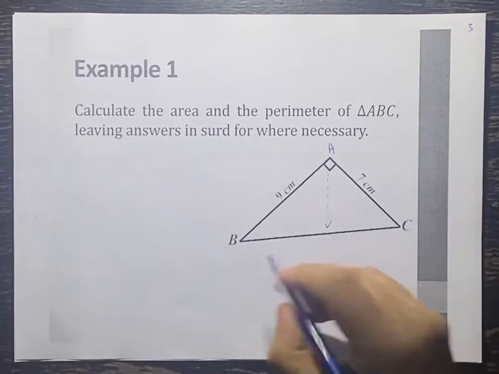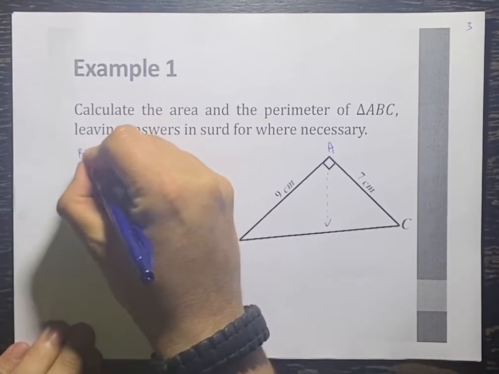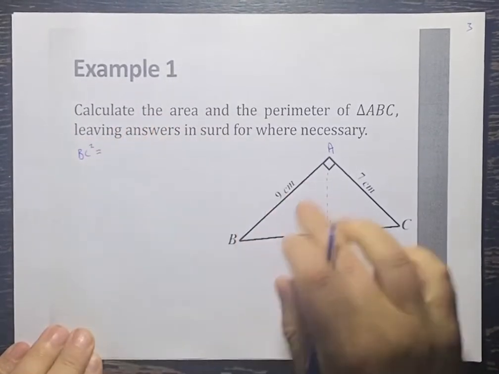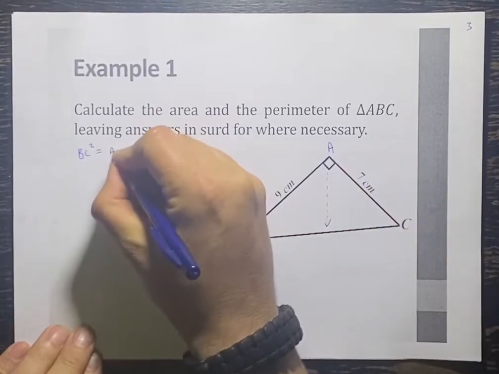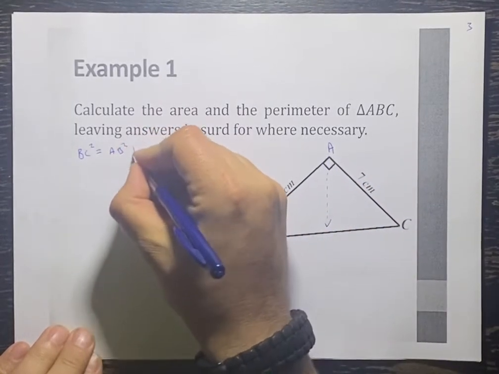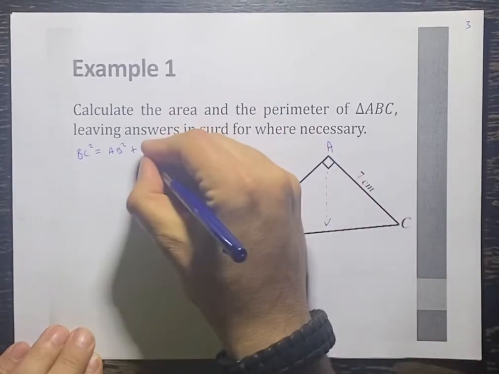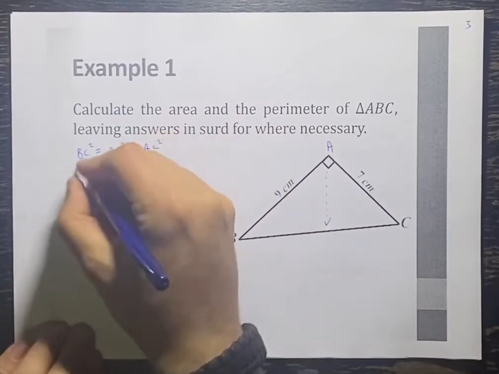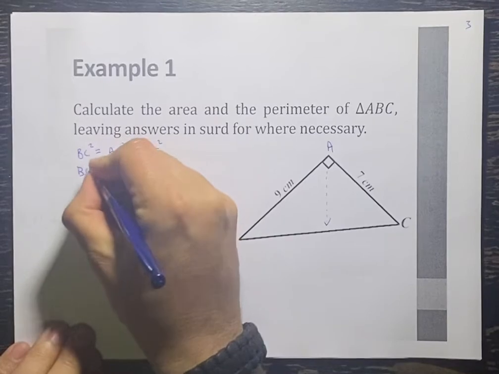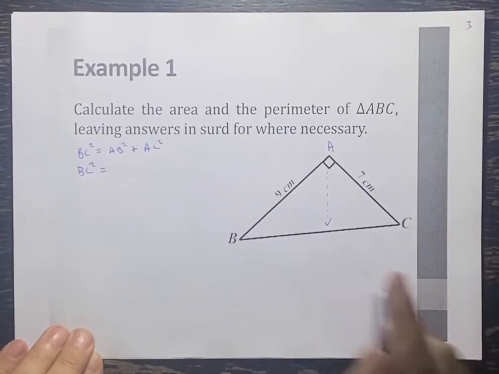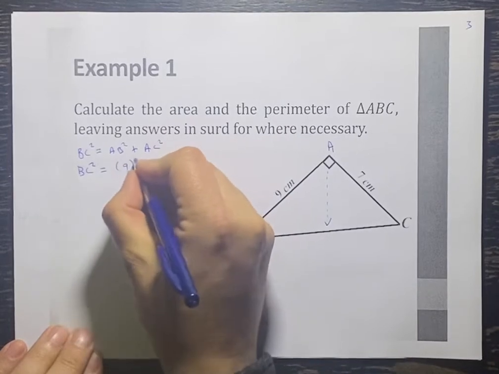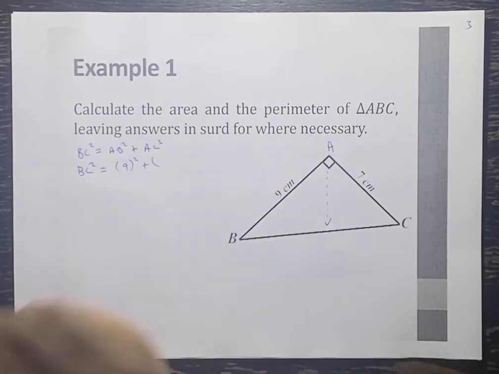So BC squared equals the sum of the other two sides squared: AB squared plus AC squared. I'm just going to substitute my values in. AB is 9, AC is 7,